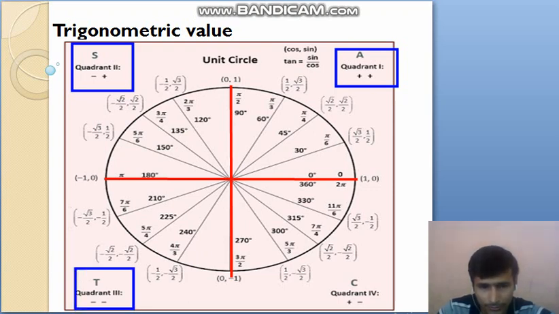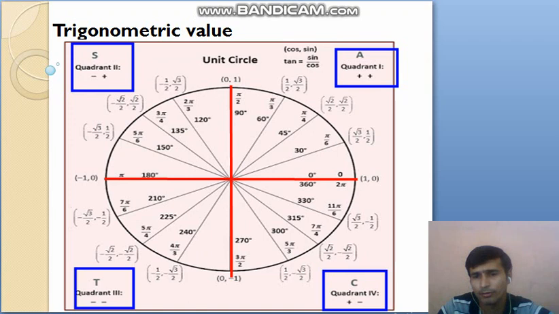Third quadrant, where both x and y coordinates are negative and tan and cot trigonometric functions are positive while the other functions are negative. We will see that later on, right? And fourth quadrant, where the x coordinate is positive as well as the y coordinate is negative, right? So this circle is divided into 4 different quadrants.